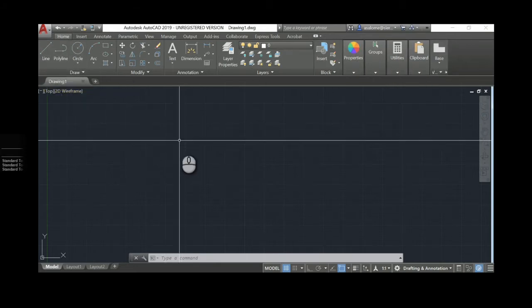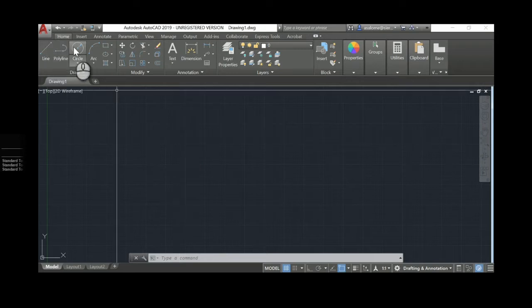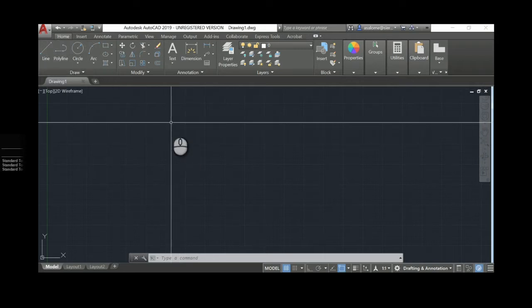Remember in DS1 we talked about workspaces being like a toolbox, and one toolbox has one set of tools and another toolbox has a different set of tools. Now each of those toolboxes do have some tools in common, line, circle, etc. However, we want to be able to access our 3D modeling tools, including our UCS, our visual styles, things of that nature. And so I'm going to walk you through a few things.